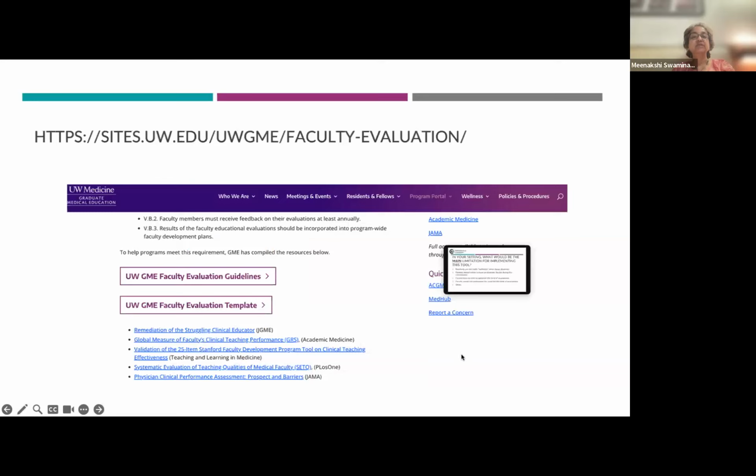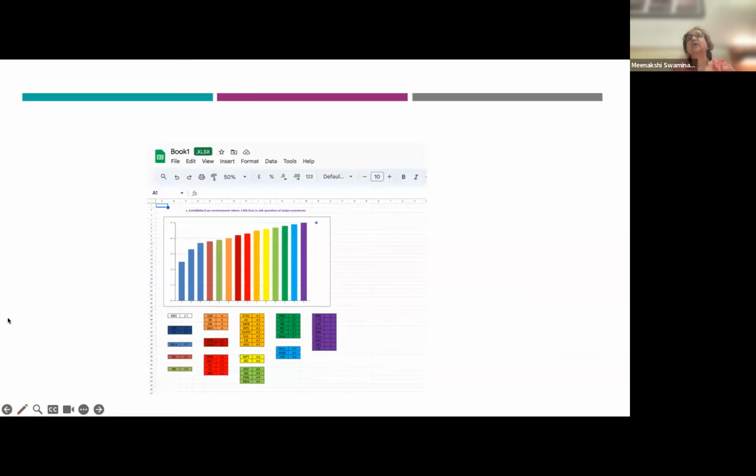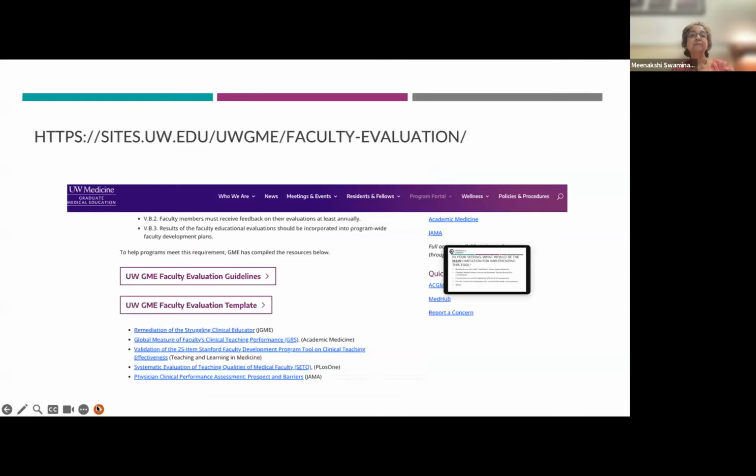What we did with this was not send it to everybody. I didn't want everybody to know by name where the other person was. So we sent it to the program director. And if an office is carrying it out, then it goes to the program director, and then to the chair of the department, and the faculty, obviously. The faculty is then counseled about their strengths and weaknesses. The ones who are doing well are rewarded, and a note is put in their file. That's how we used it, and it was done once annually. Now, I'm going to talk finally about this faculty evaluation method from the University of Washington, which I found was the most comprehensive.